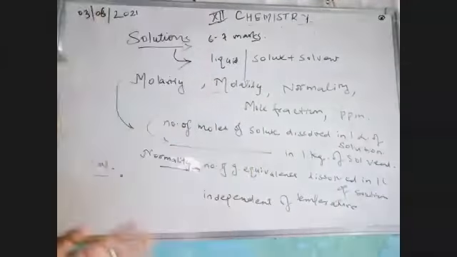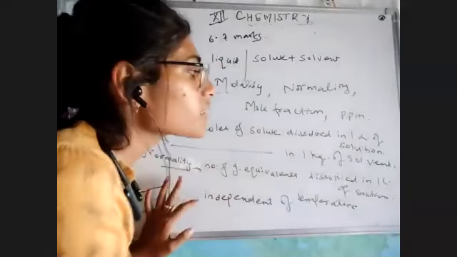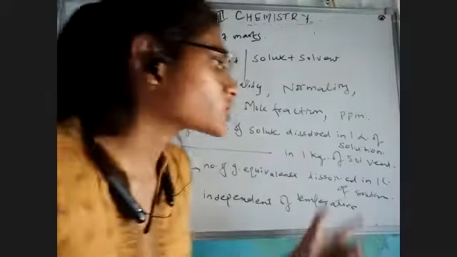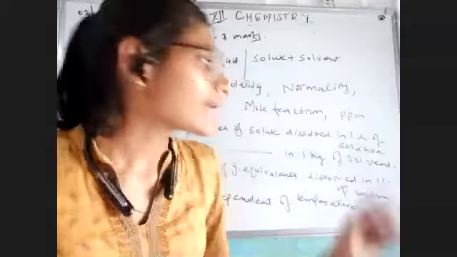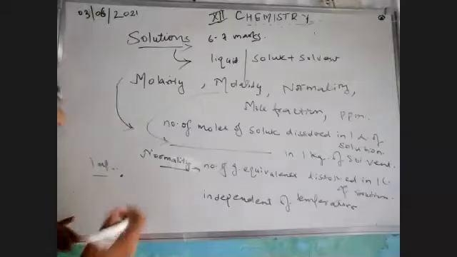So due to increase in temperature, a liquid is more easily affected than a solid. I'm again repeating, due to increase in temperature, the liquid is easily affected than the solid. So for these reasons, molality is independent of temperature, unlike molarity. That's why we prefer molality, small m, rather than capital M, because capital M is easily changed by the temperature.